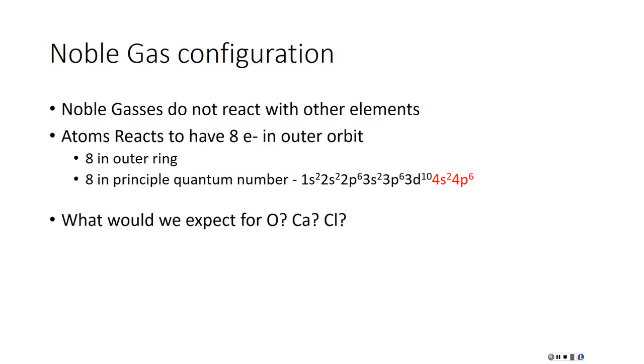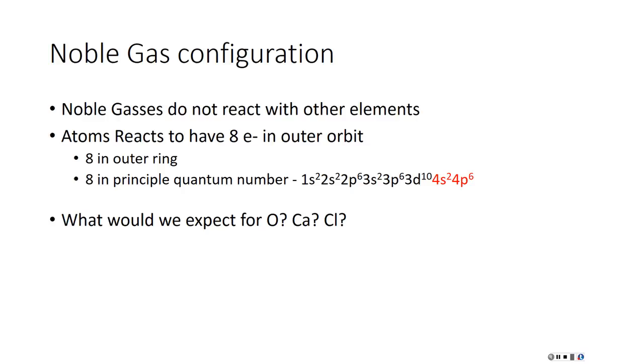The next major trend that we're going to look at is called the noble gas configuration. Now remember, the noble gases are in the 8th column of the periodic table. Helium, neon, argon, krypton, xenon, radon. These are called the noble gases because they do not react with things. It's very, very difficult to get any of them to react with something. And the reason why this occurs is because they have 8 electrons in their outer orbit, or in their valence